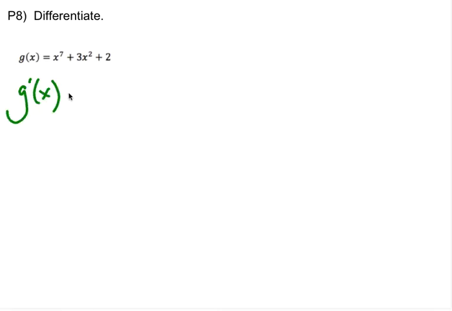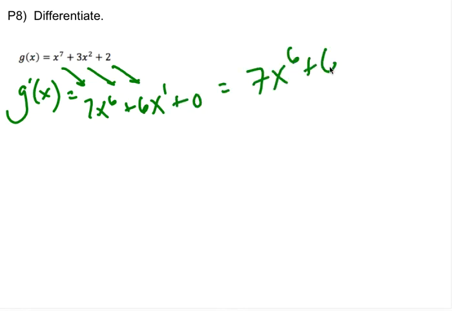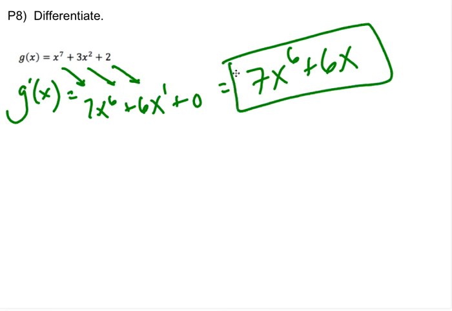This is just a polynomial. It's just a bunch of sums and differences, so you just differentiate each individual piece, right? So I'm going to get 7x to the 6th plus 6x to the 1st plus 0. So we're going to write it as 7x to the 6th plus 6x. All right,